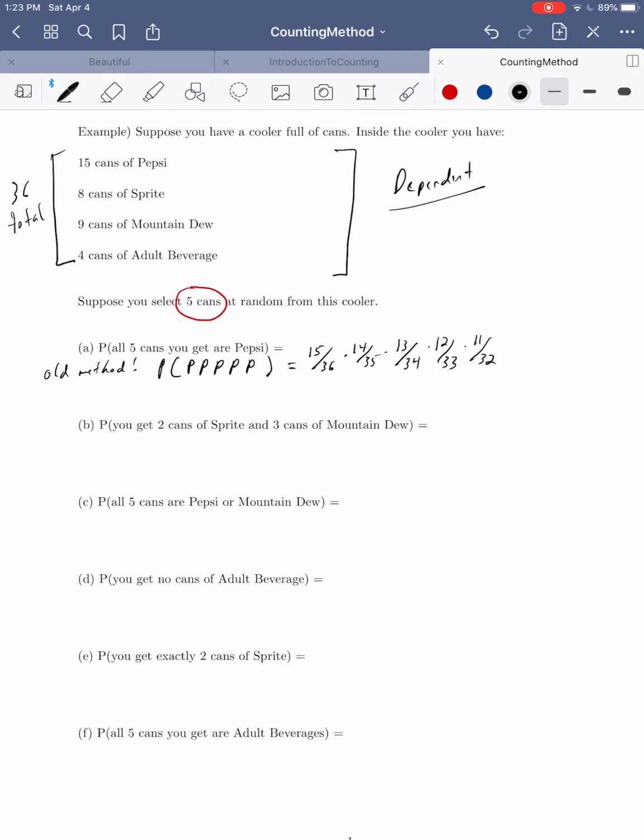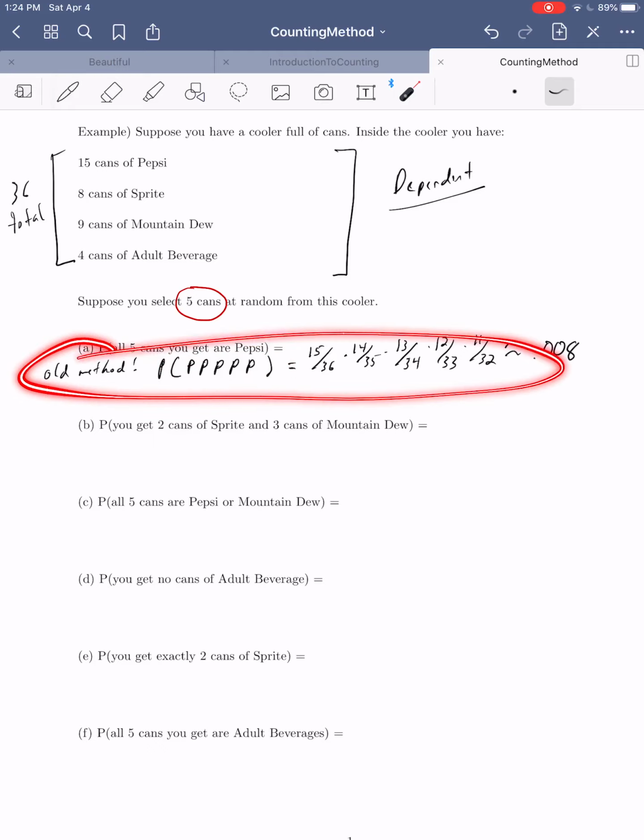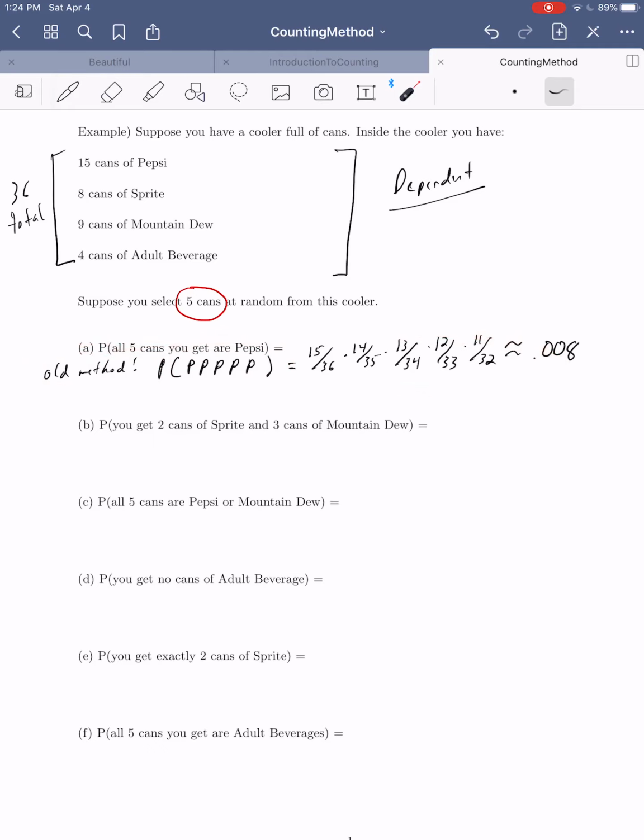So 15 times 14 times 13 times 12 times 11, and then divide by 36 times 35, 34, 33, 32. Looks like you should get that it comes out as approximately 0.008. So a very small probability, a little less than 1% of the time will you get 5 Pepsis in a row. So this is a totally fine way, but remember, this sort of thing can get very complicated